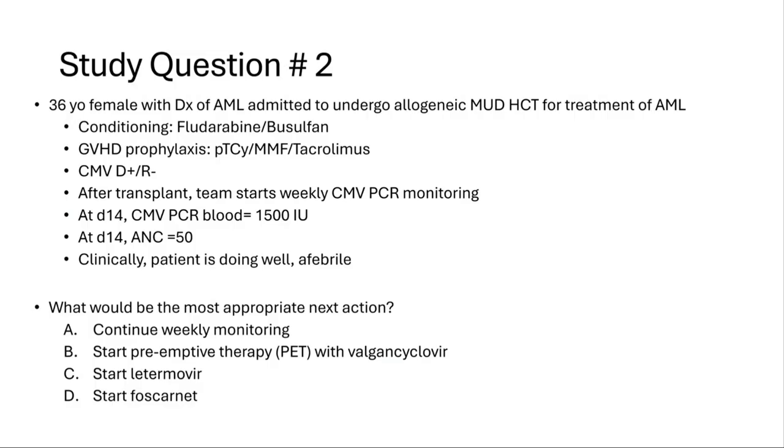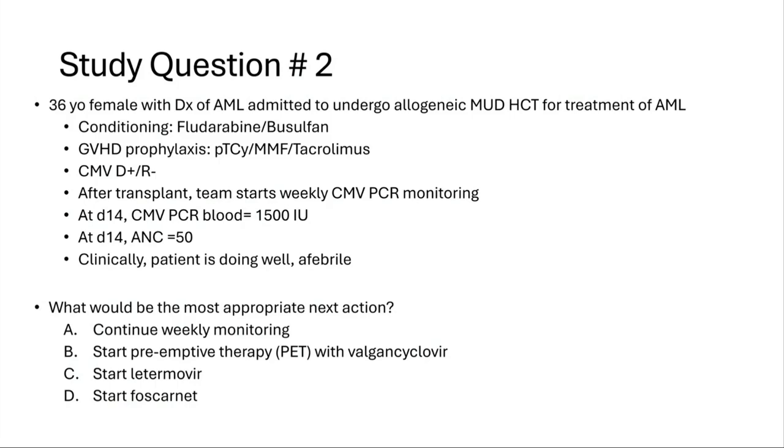What is the issue with ganciclovir? Further myelosuppression. Exactly, myelosuppression. So again, this is one correlation you have to remember: valganciclovir and ganciclovir cause bone marrow suppression. What is the issue with letermovir? It's prophylaxis, right? It's actually not approved for treatment. It has been studied, but low barrier to resistance, therefore approved only for prophylaxis.